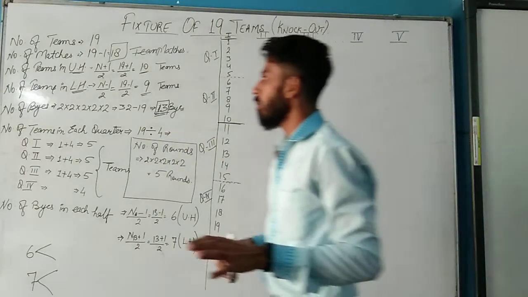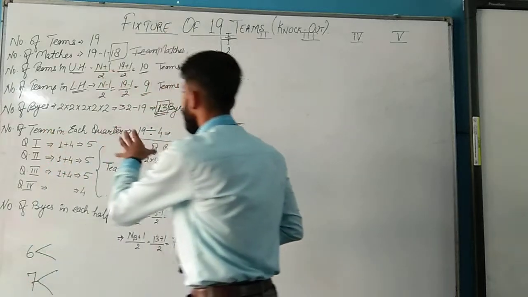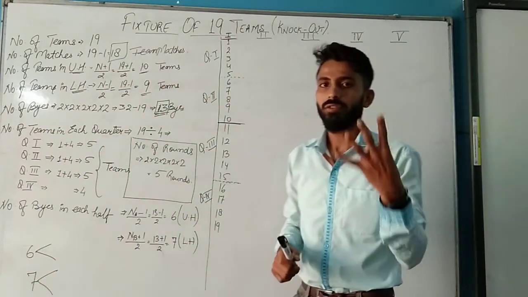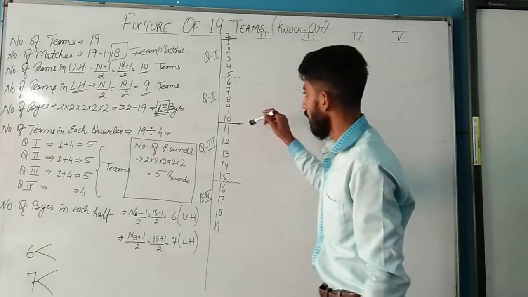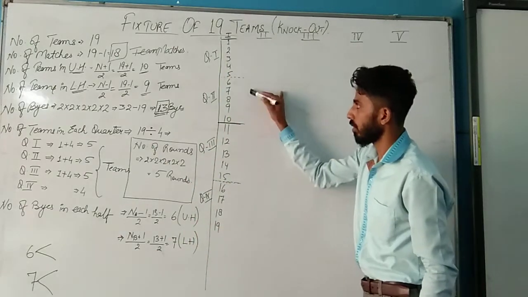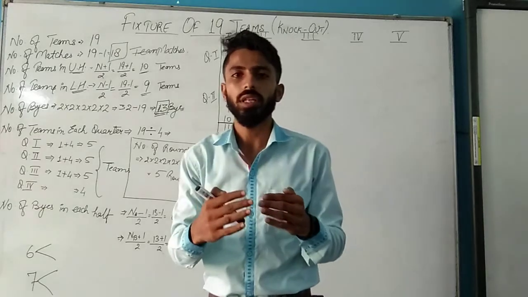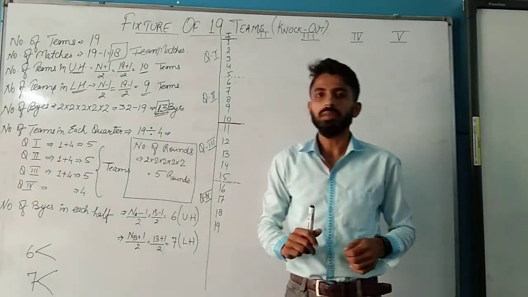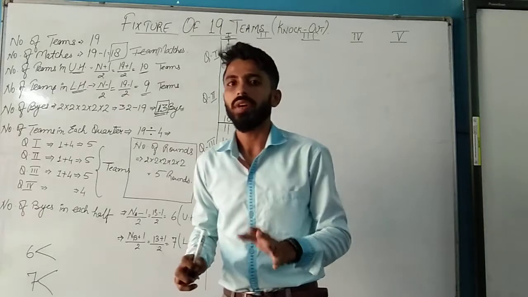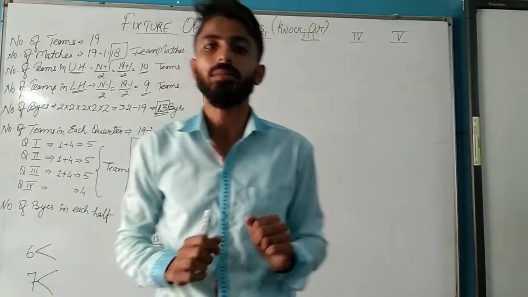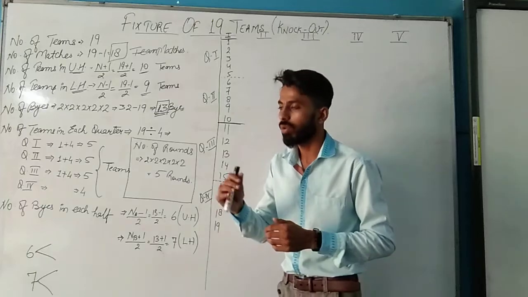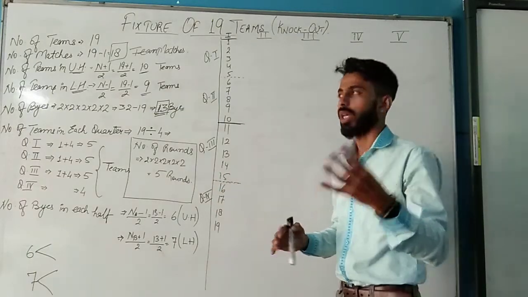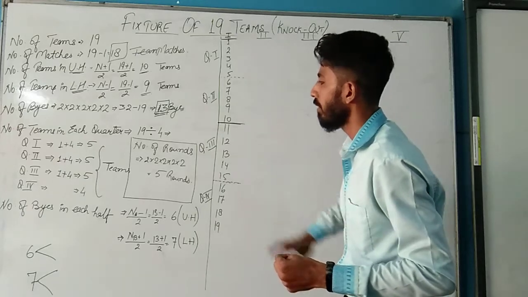Now we are moving to the teams in each quarter. जैसे कि पहले भी बात हुई थी, क्वार्टर में डिवाइडेशन करने की, there are 4 parts. Teams already हमारी 2 half में होती हैं. We are moving to the further part, that is why we are calculating the teams in each quarter. The teams in each quarter is supposed to divide when the number of teams are higher. बहुत ज़्यादा teams अगर आ जाती हैं तो हमको उनको और furtherly divide करना होता है 2 और halves में. So the total number of quarters are divided as 1 2 3 and 4.